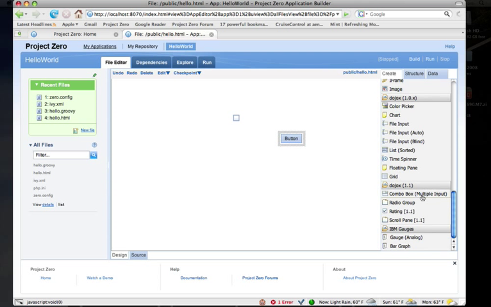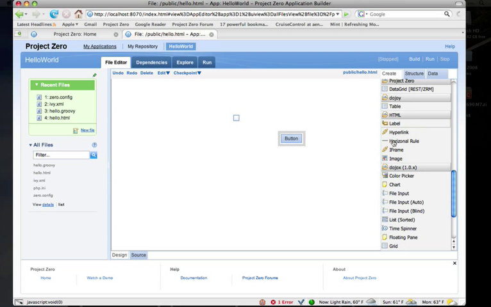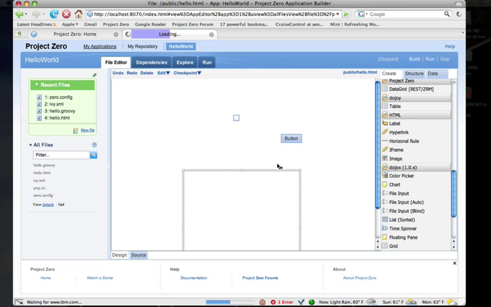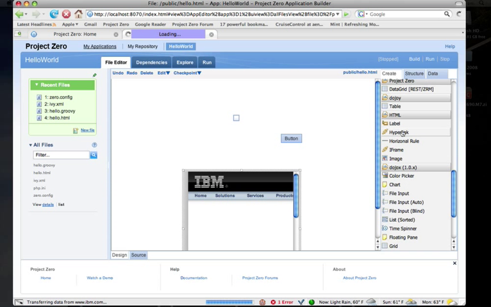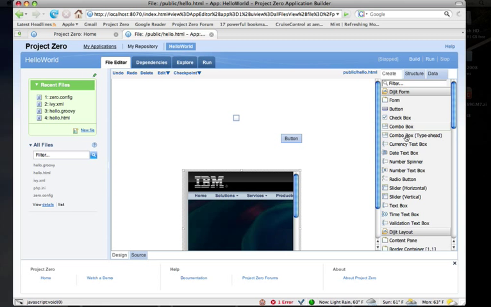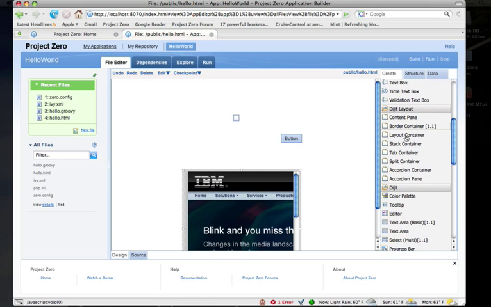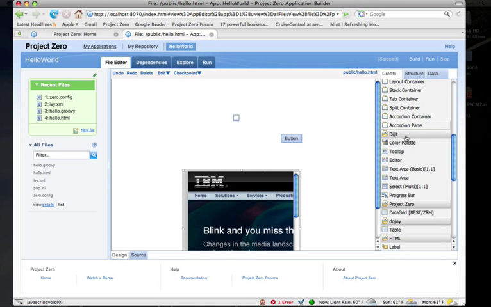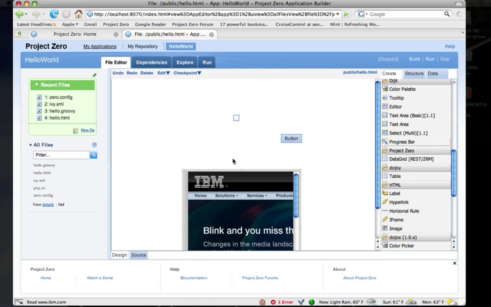You can put gauges, you can put iframes. There's all kinds of widgets here, and these things are all Dojo widgets and Dojo enabled. So this is a really cool piece of technology. It's a page editor that understands Dojo widgets and understands Ajax and lets you graphically compose the page. You can also look at this in source